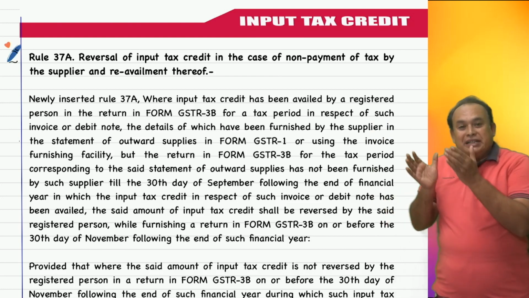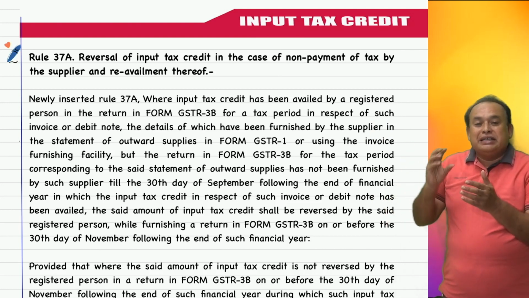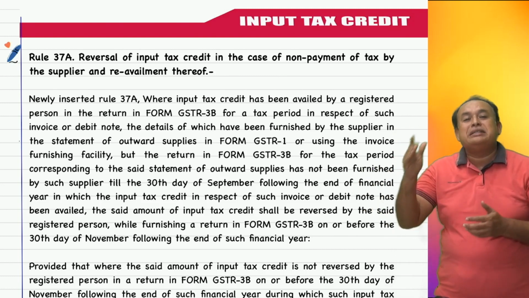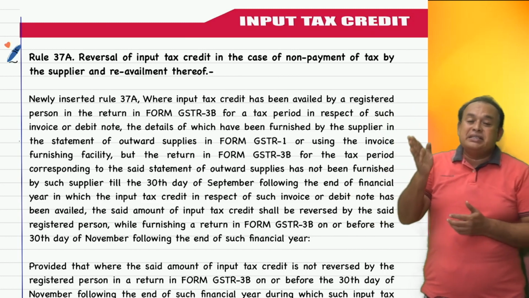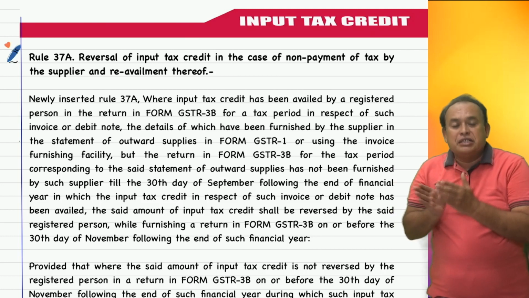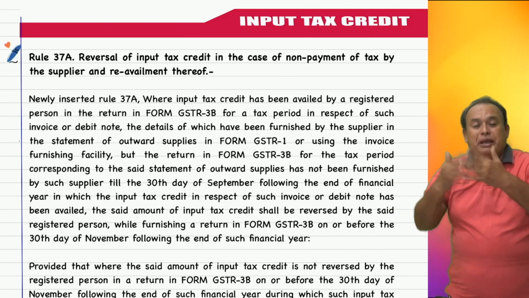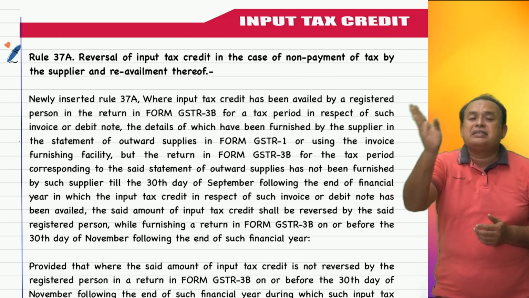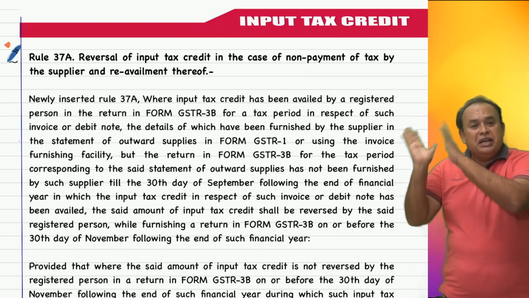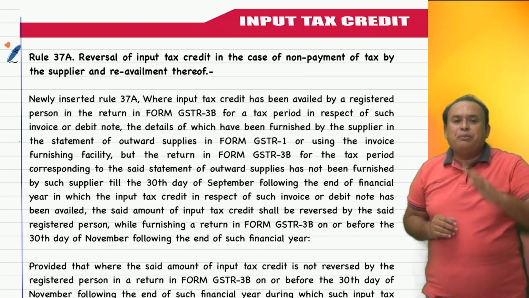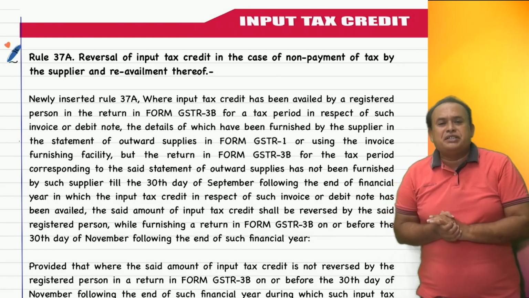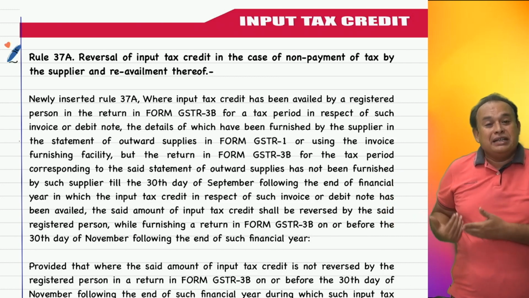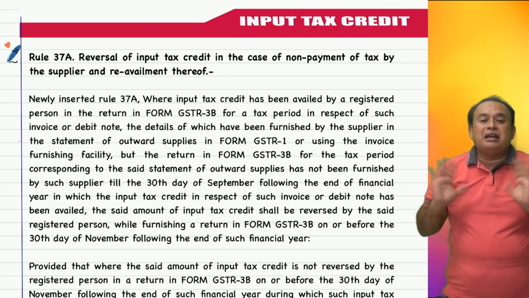So, for the financial year 23-24, if the GSTR 1 return was submitted for a tax period but GSTR 3B was not submitted by the supplier, meaning the tax was not paid to the department, then the time limit to submit this output tax liability for payment by filing the GSTR 3B return is 30th September of the succeeding financial year for a supplier. If he submitted the GSTR 3B return within 30th September of the succeeding financial year,